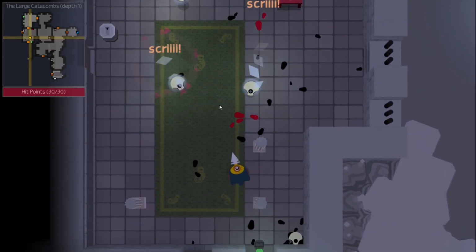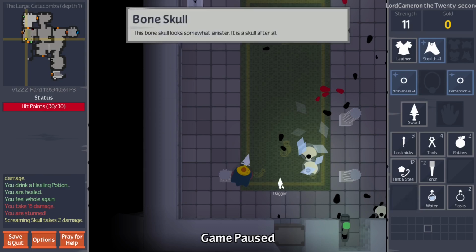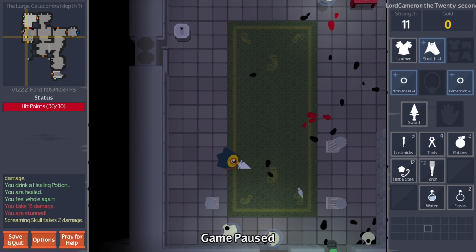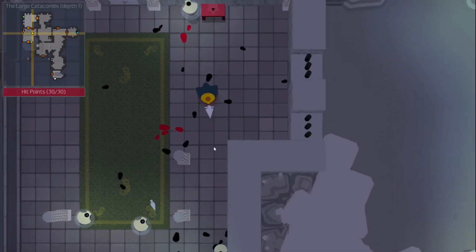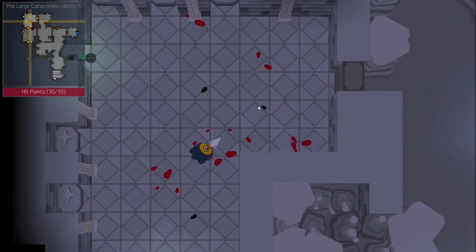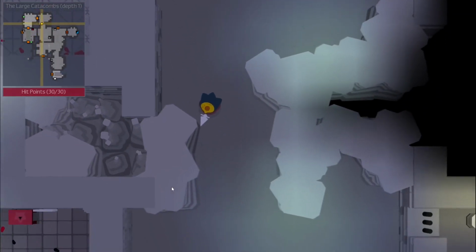You can also throw stuff in this game. So from my inventory I can chuck a dagger, or I could throw a torch, or you know, a bottle of water or whatever. My healing potions are all used up now, so I'm going to have to be careful here. They might not like blood. I can go try. And there might be a note somewhere that tells me...